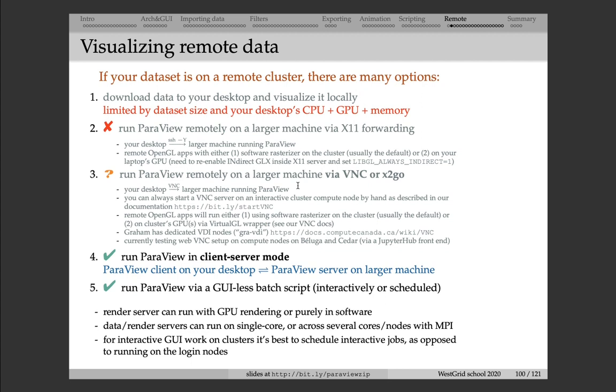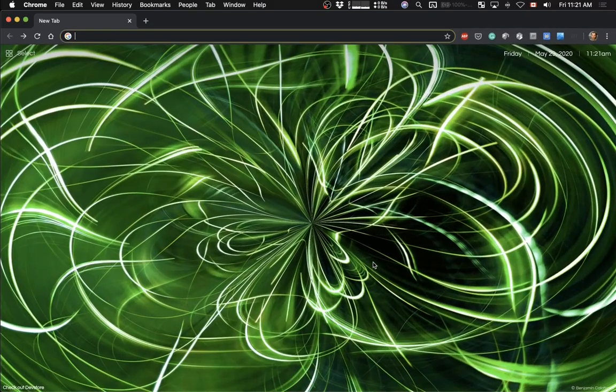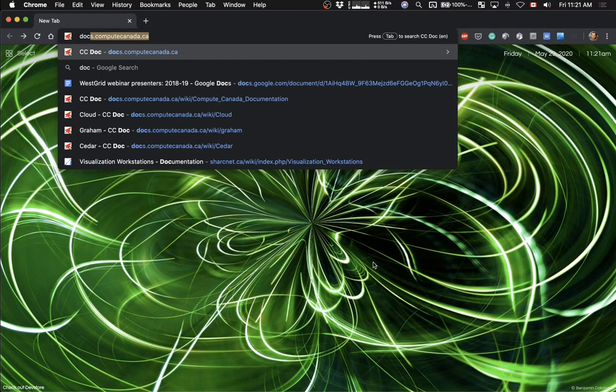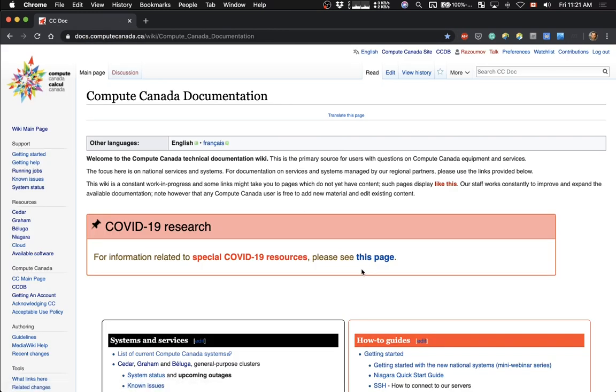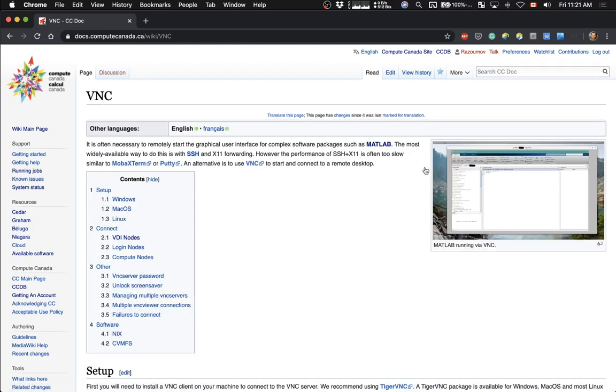The next option is to run ParaView remotely on a larger machine using some sort of remote desktop software such as VNC or X2Go or something else. On Compute Canada clusters, we support VNC and X2Go. Let me open the web browser and I type docs.computecanada.ca. This will bring up our main documentation page, and if you search for VNC, it will give you a long page